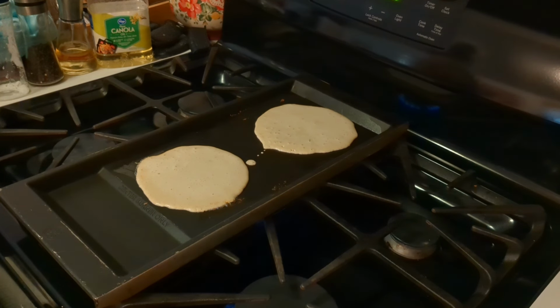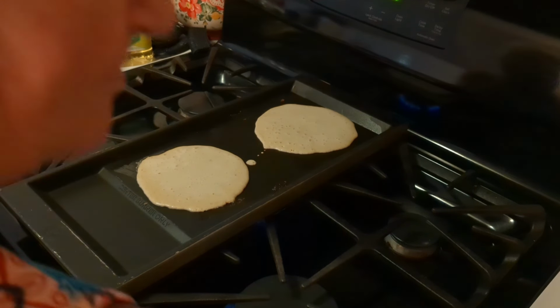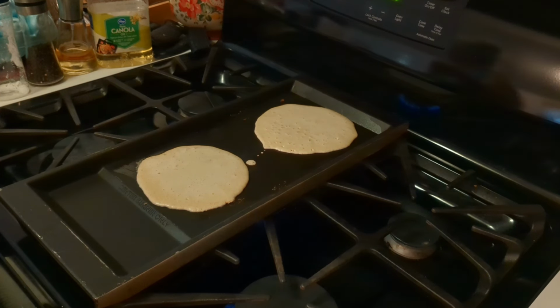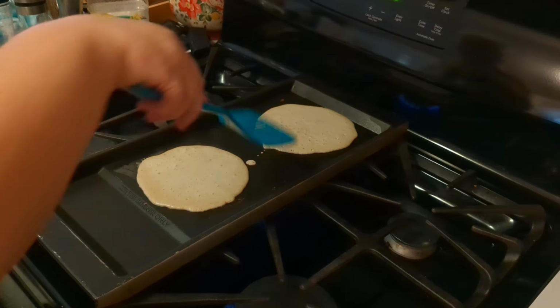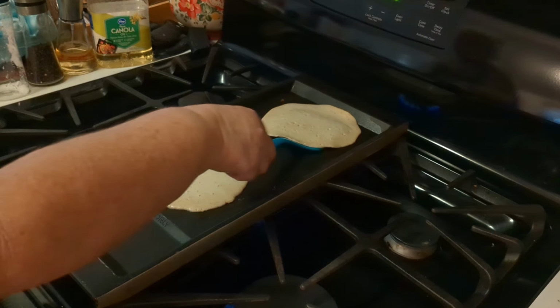Guys, let me tell you something. I cannot stop eating that little pancake. That's how good it was. I have a little mess over here. I'm gonna clean it up. They are thinner than normal pancakes, for sure, but